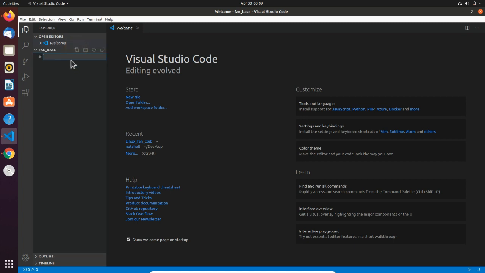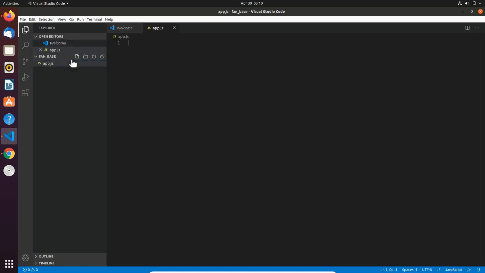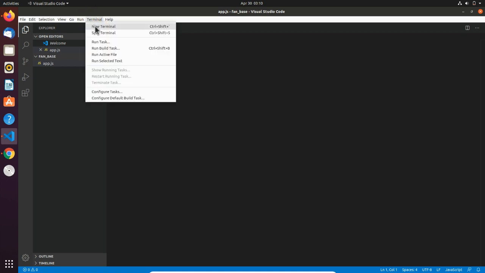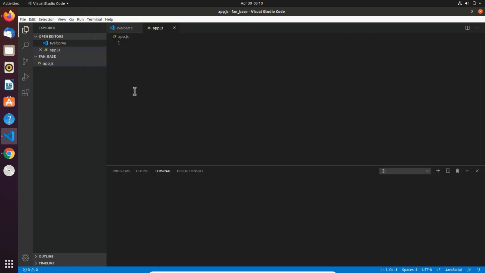I'll create a file called app.js. Now I'll open my terminal, and from here I'll make a few directories. I could make them from the editor also, but I prefer the command line, so: mkdir public.